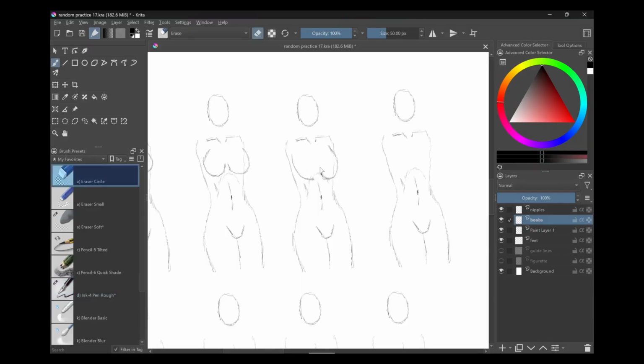I think the distance between, let me try this. And now try to basically make a different circle with it. Kind of got it. Again, this one I kind of messed up a bit more here, but